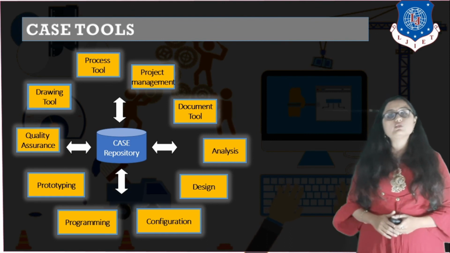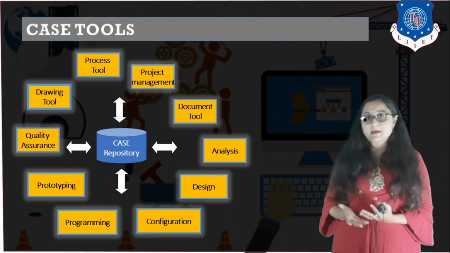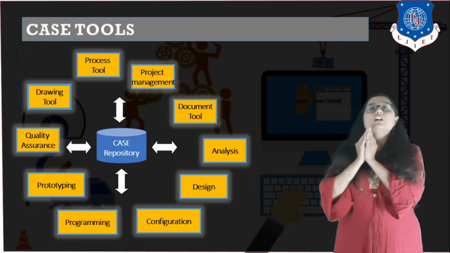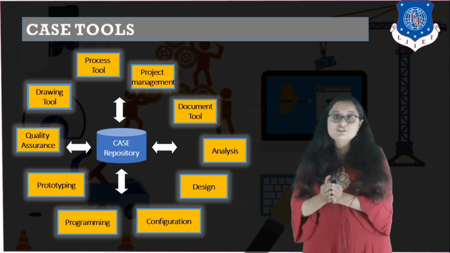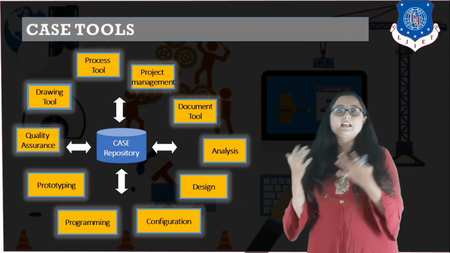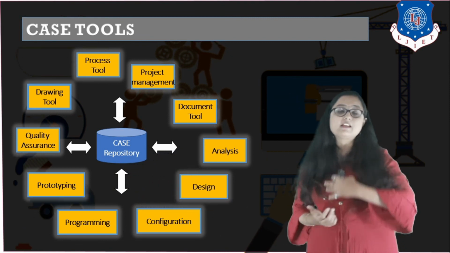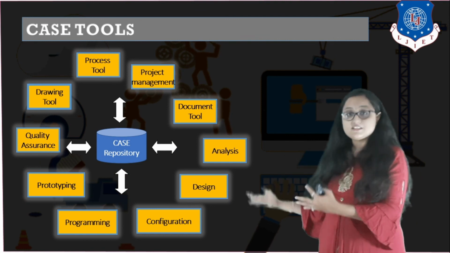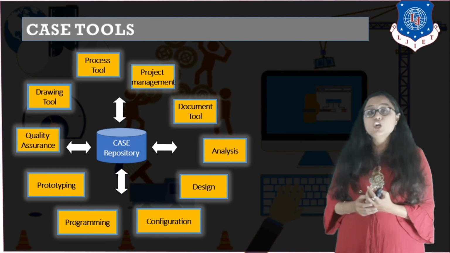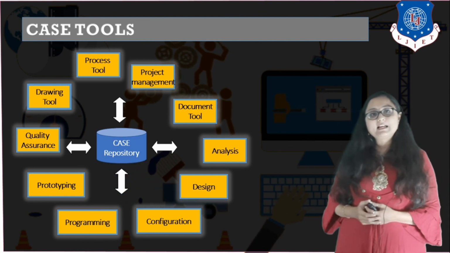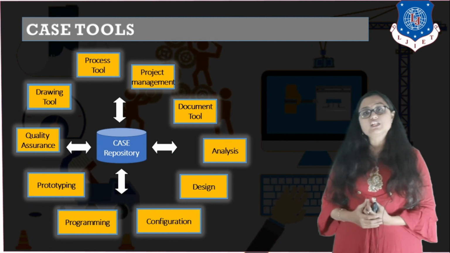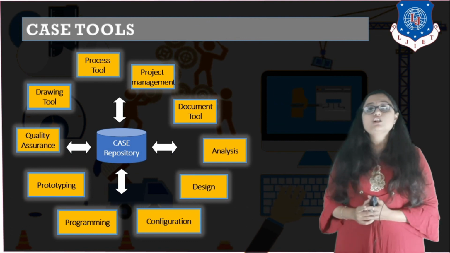Apart from this, there are also a number of tools, like risk management tools, which help you identify what the risks in your software are. They will also prioritize your risks based on the risk identification table. All the checklists, that is the risk item checklist that you have, can be automated, right? You also have different testing tools that you will use in the testing phase, right? So there are a number of software engineering CASE tools that you can use for automating every software engineering activity that you perform in software, right?